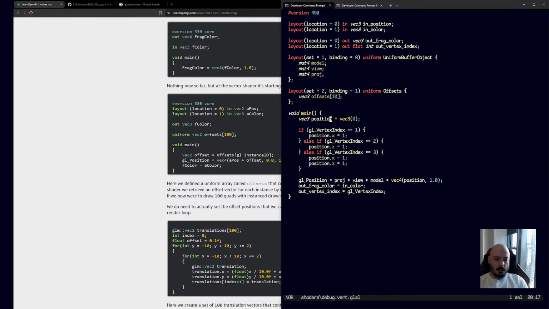Okay, so the position is going to be the, I mean, maybe it should be positions rather than offsets in this case. So we'll do positions GL instance ID. It might be called something else in Vulkan, but I'm sure we'll find out very soon. Okay. Now the position is going to be,